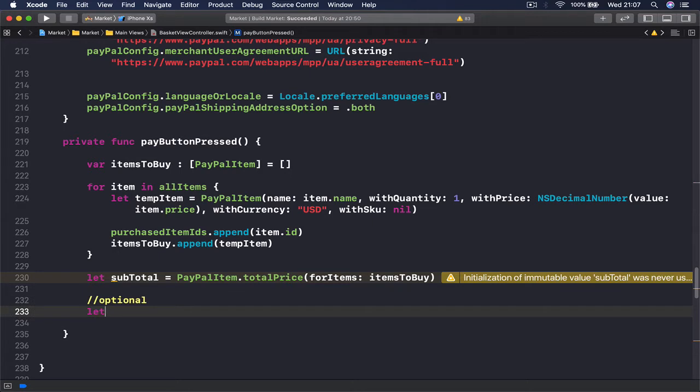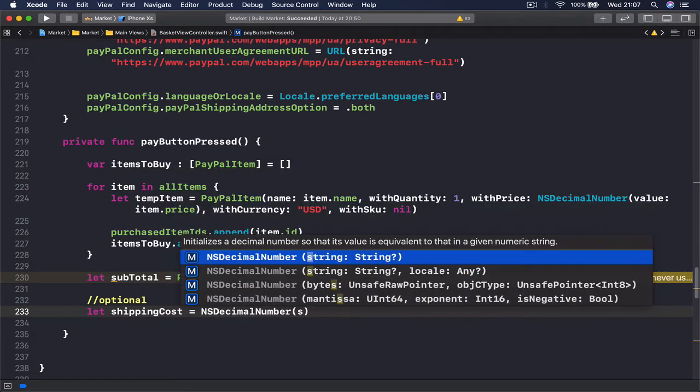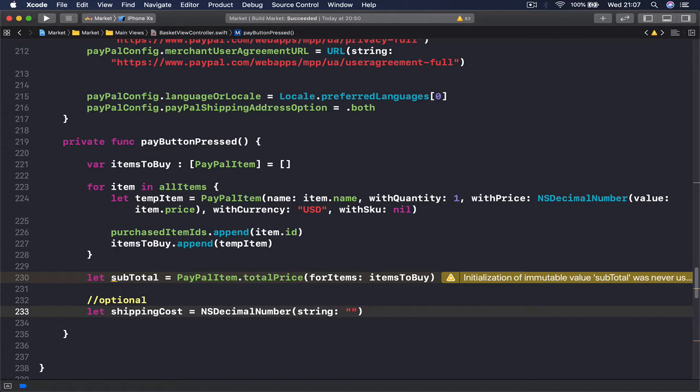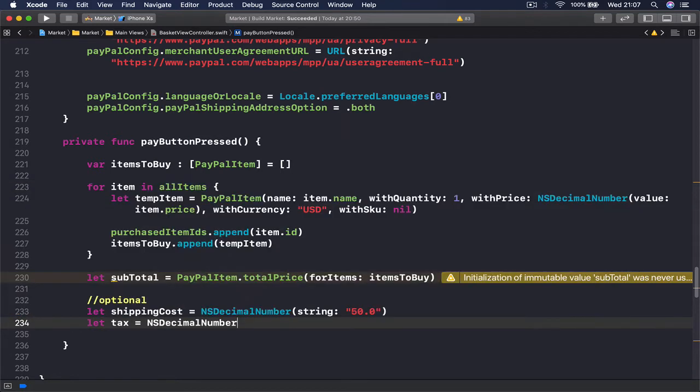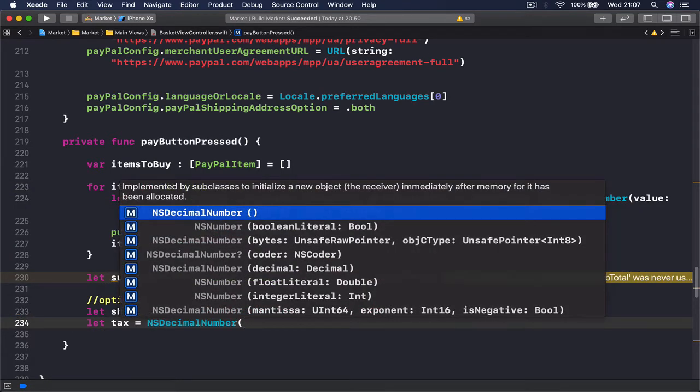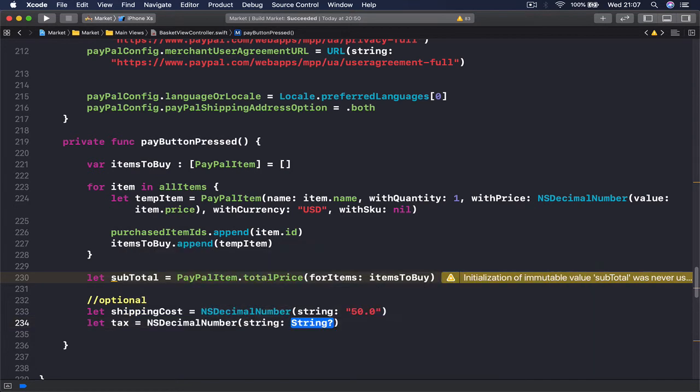So we can say let shippingCost is equals, and then again this should be an NSDecimalNumber, and we can use this string here. So let's just put like $50 for shipping, and then we say let tax, if you are going to charge tax, is equals again NSDecimalNumber, and let's do the string again, and let's say like, I don't know,